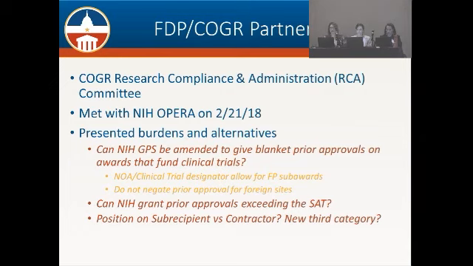And we asked them, can the NIH grants policy statement be amended to give a blanket prior approval on awards that fund clinical trials? Possibly, we know that they intend to flag notices of awards in the future with a designator indicating that it is a clinical trial. Well, maybe they can also indicate that if there's subawards on it and it's fixed price, that we got the prior approval right there in the notice of award. We also recognize, though, that it doesn't negate obtaining prior approval for the usual things that you would need. So, for example, if we're working with a foreign subrecipient, obviously that's not going to be waived. We're going to have to still get prior approval.